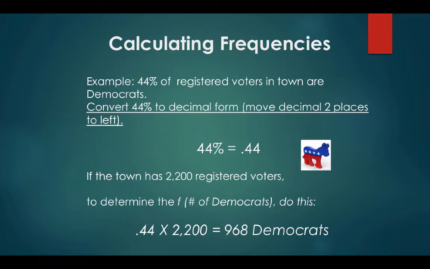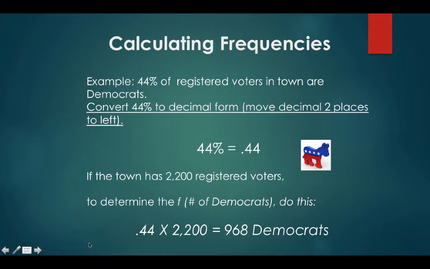So how do you calculate frequencies? So let's use that example. 44% of registered voters in a town are Democrats. You convert 44% to the decimal form. Move the decimal 2 places to the left. Okay, so 44% is the same thing as 0.44. The town has 2,200 registered voters. To determine the frequency, the F, which is also in this case the number of Democrats, you would do this,